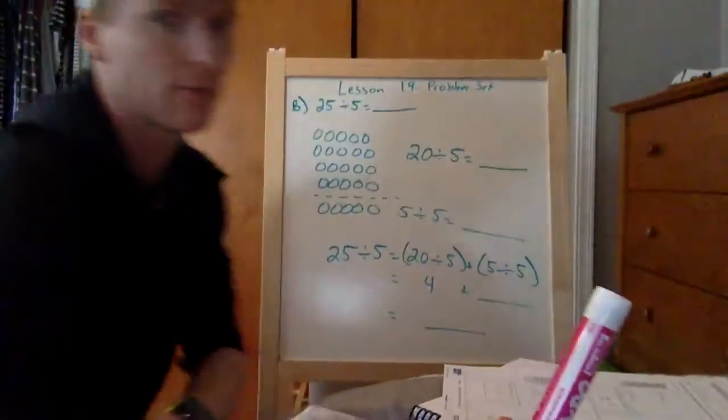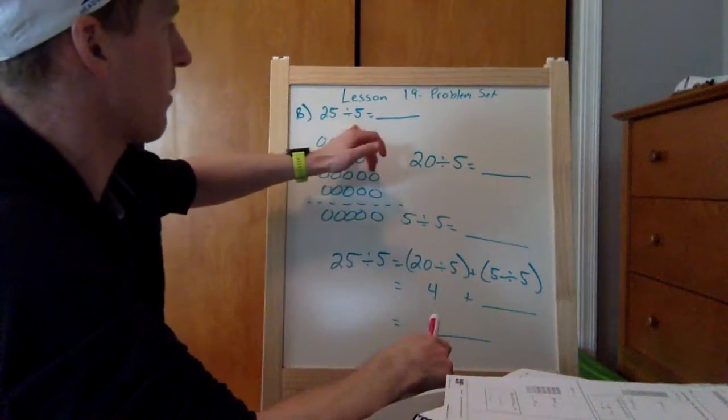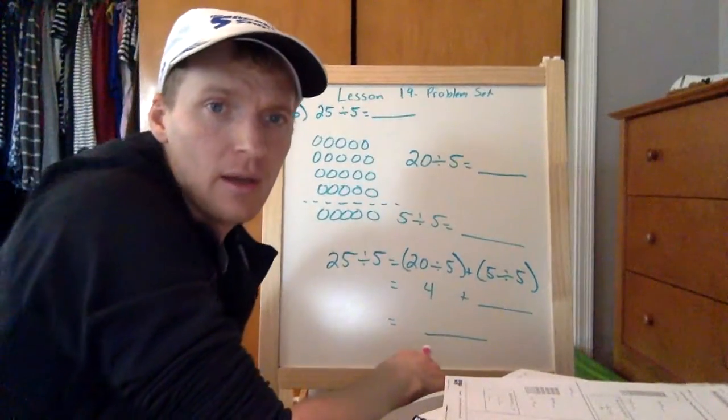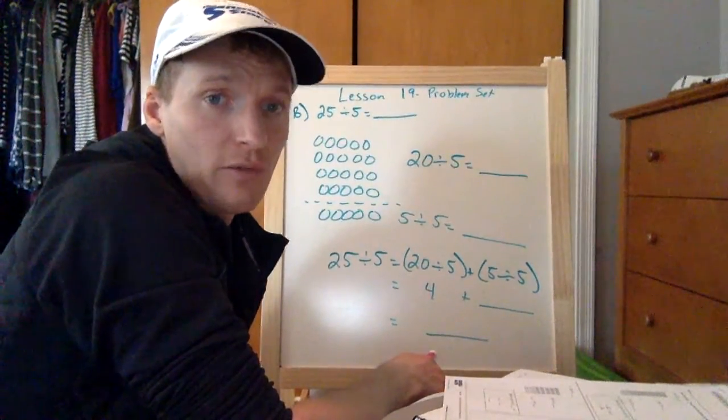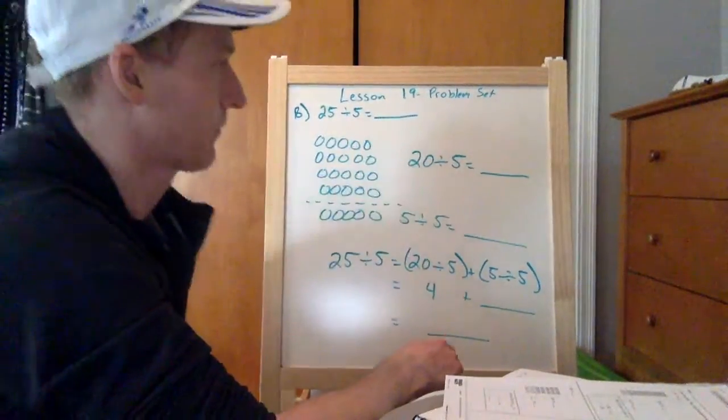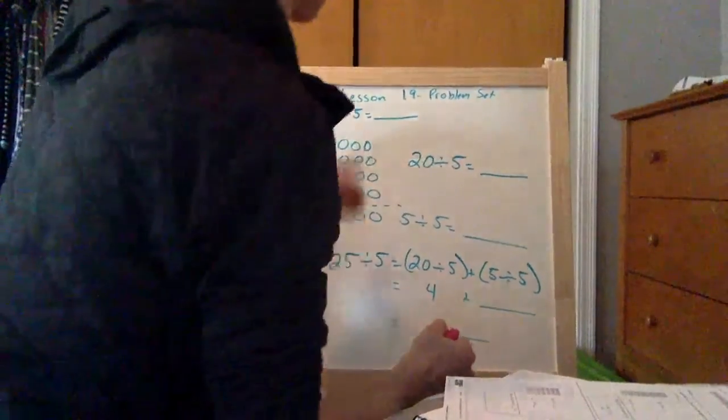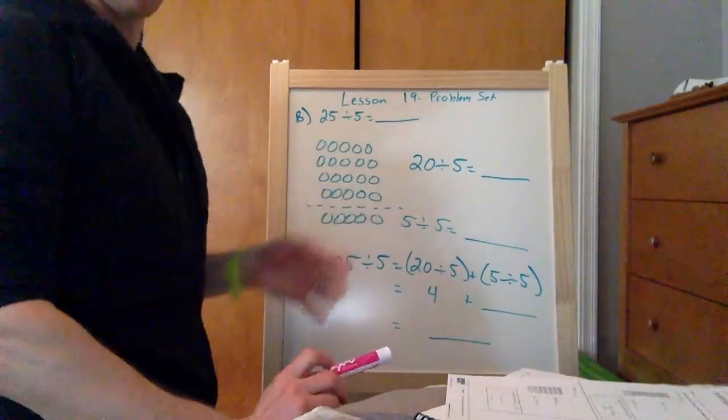I'll do my answers now. So they're asking us 25 divided by 5. Some of you can already do it right from your head. You just know what times 5 equals 25. You can do it that way, and that's when you get your answer. However, you can also count by your 5s until you hit 25. But they broke it down